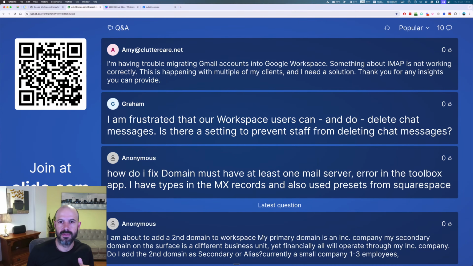Okay, cool. Amy is asking, I'm having trouble migrating Gmail accounts in a workspace. Something about IMAP is not working. This is happening with multiple of my clients and I need a solution. Thank you for any insights. Well, it's very hard to know exactly what you're doing here because there's so many ways